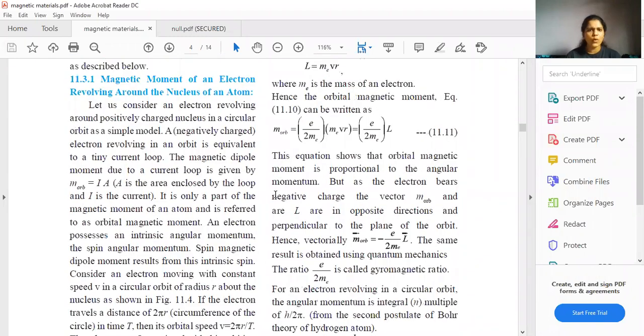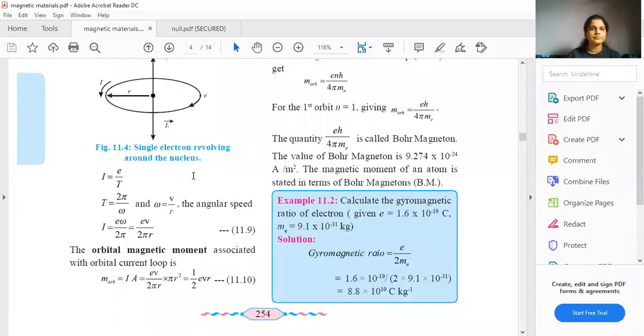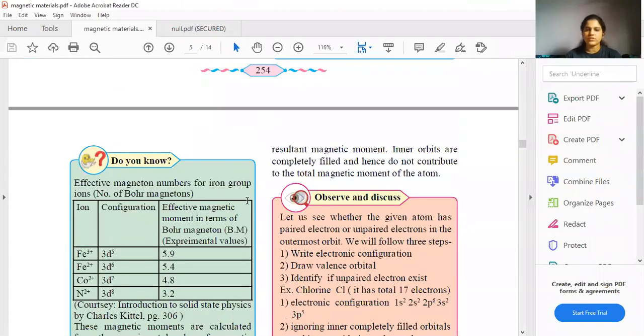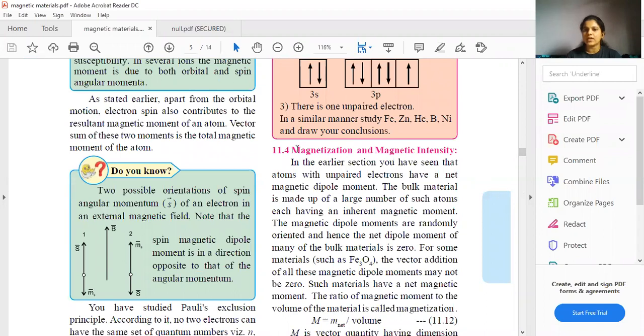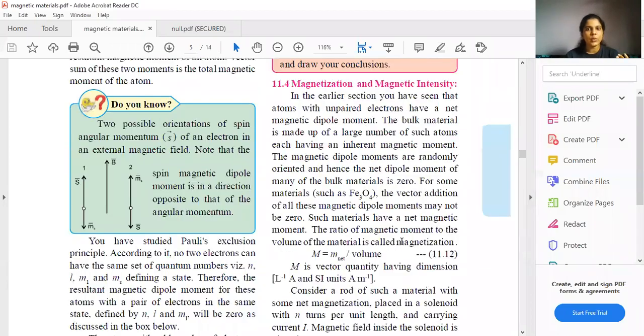Okay, fine. What else did we do over here? All right, so this was the second topic that we did. Next we did magnetization and magnetic intensity. In magnetization and magnetic intensity, what was the basic idea? If any material is kept inside a solenoid, a helical cylindrical wire wound structure through which current is passing, then inside that solenoid there is a magnetic field. If you keep a normal material inside it, that material gets magnetized. All right, so this was the topic that we did over here.